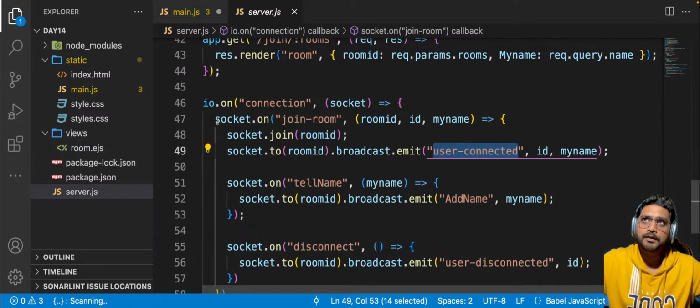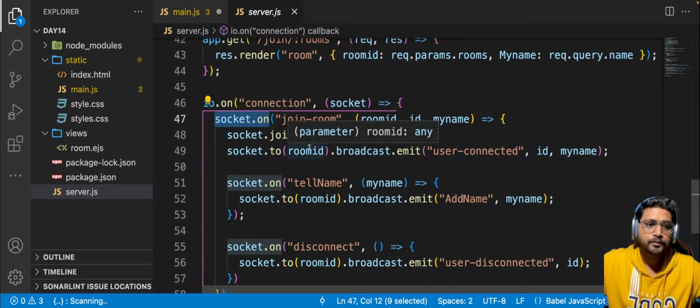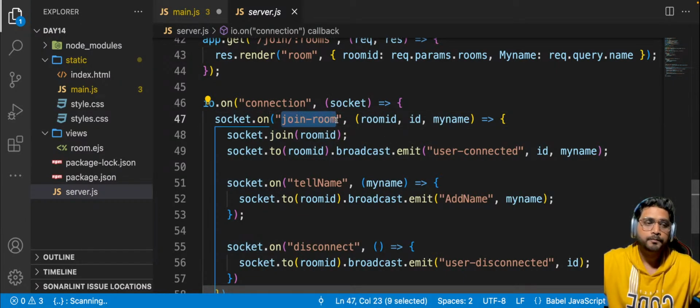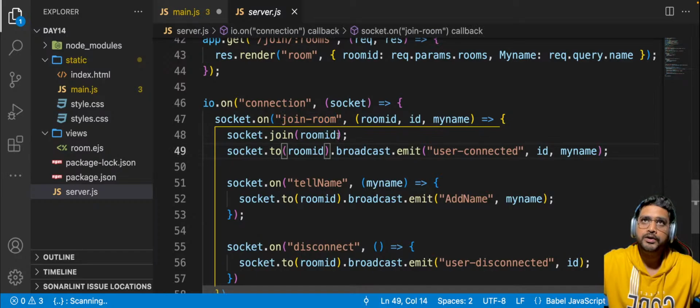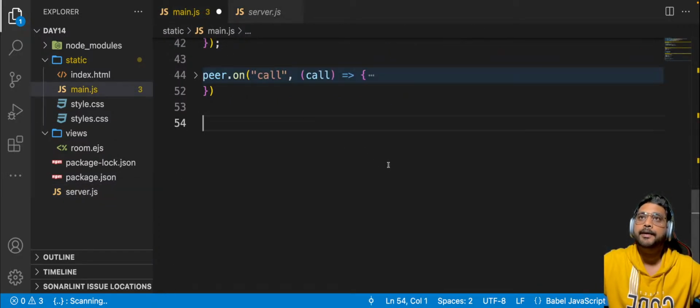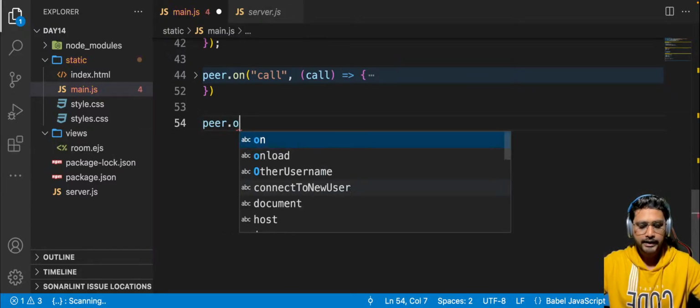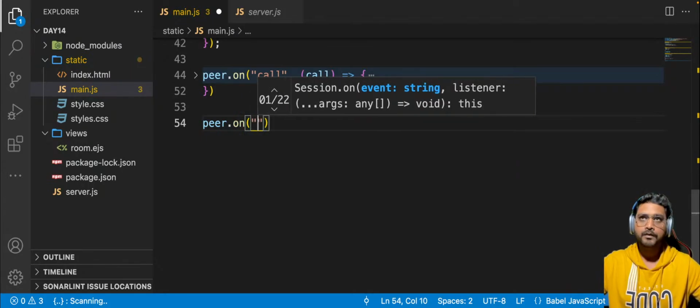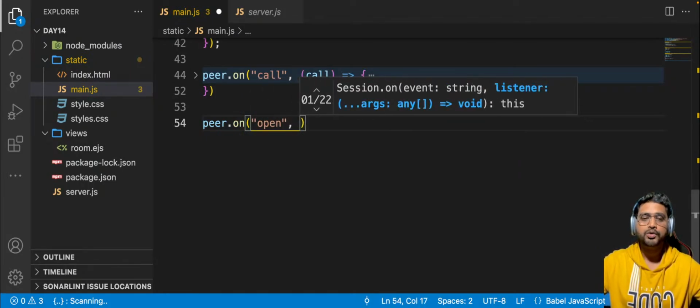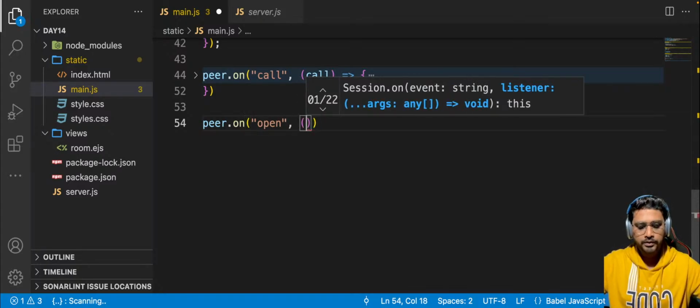let's do this. Let us emit the join room so that we join a specific room from the backend. When would we do that? We would do that when your peer.js is working or when we have the open event. Okay,